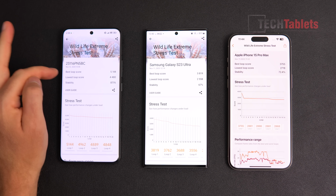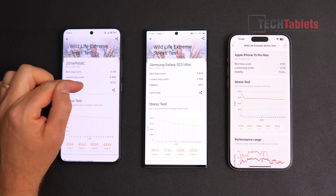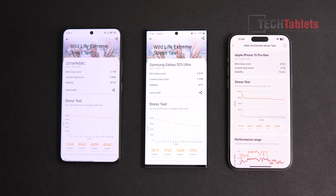Now, when you take a look here at the difference, the Wild Life Extreme Test here, it is huge. 5,000 points. That's even better than the iPhone there. And then the lowest, 4,000. So an incredible score. Now, I did have quite a few problems to actually achieve and get this score here,